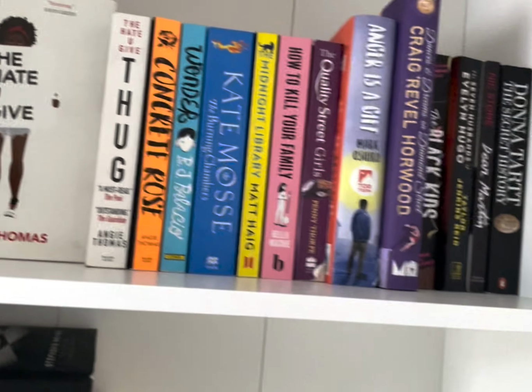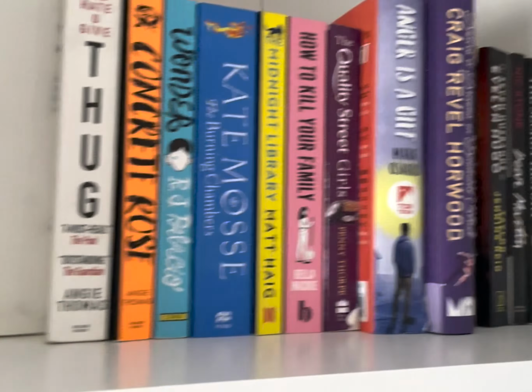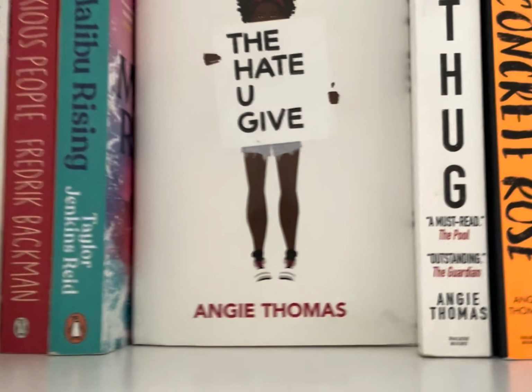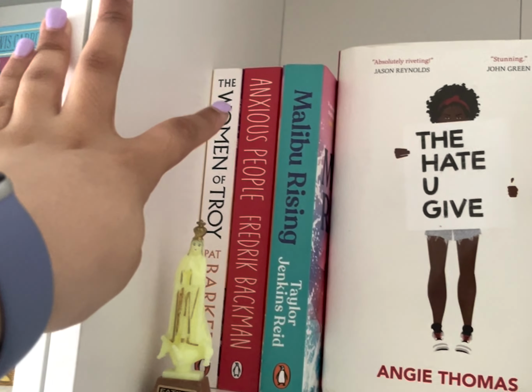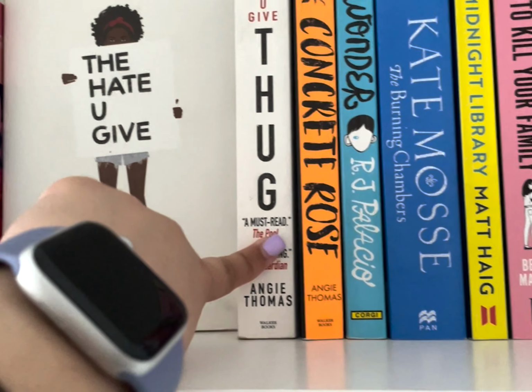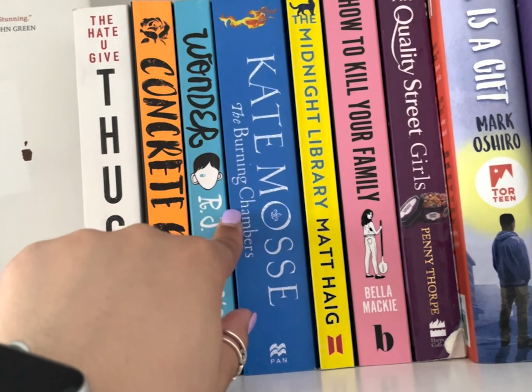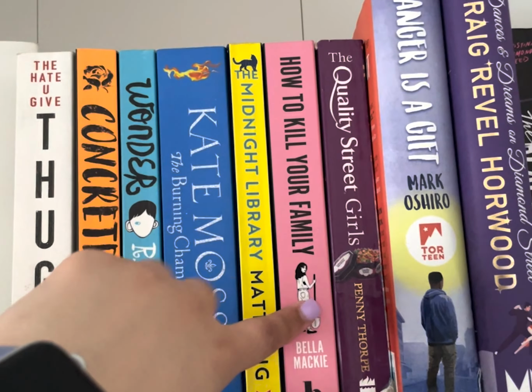And then we've got another miscellaneous shelf. Well, this is mainly my fiction shelf. This is where I put my literary fiction, contemporary fiction, basically all of my fiction books that have nothing but fiction in it. And we've got Woman of Troy, Anxious People, Annabelle Rising, The Hate U Give again, but in paperback, Concrete Rose, Wonder, Kate Moss, The Burning Chambers, The Midnight Library, How to Kill Your Family, which is on my TBR,